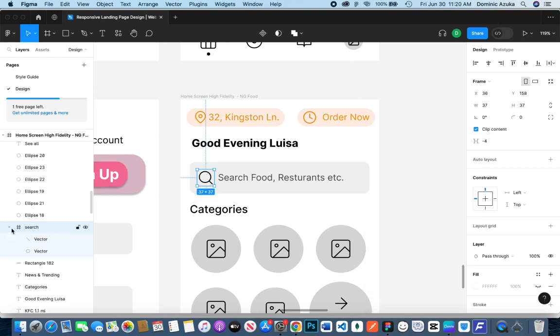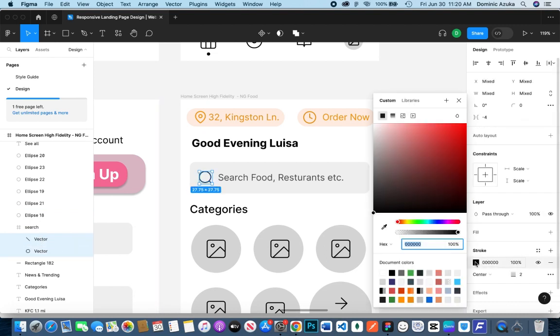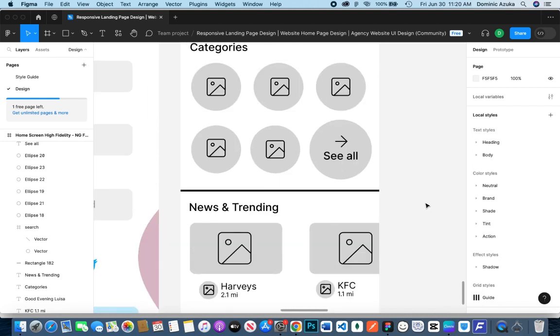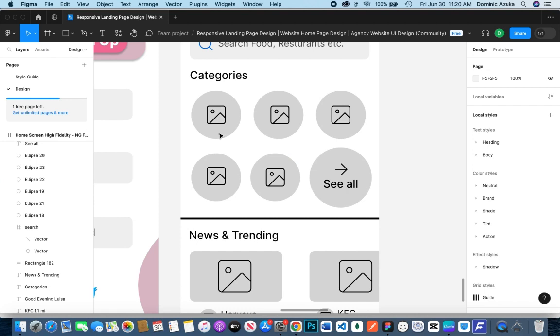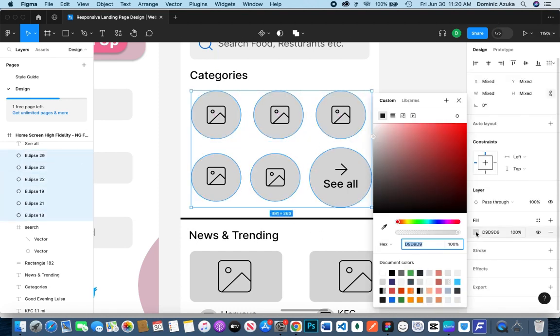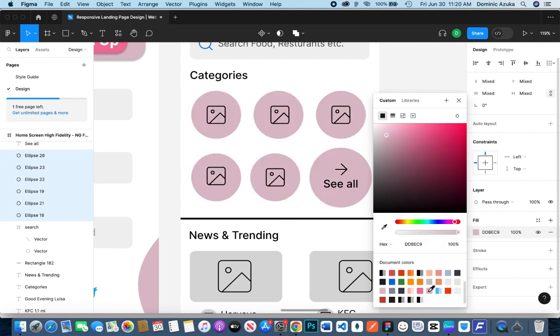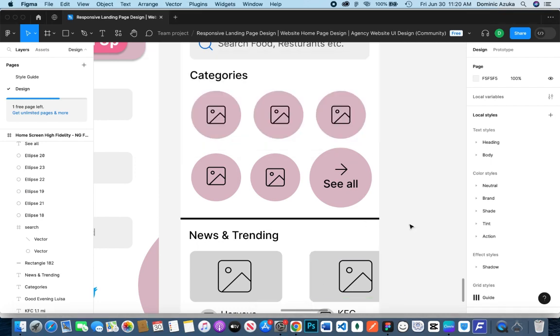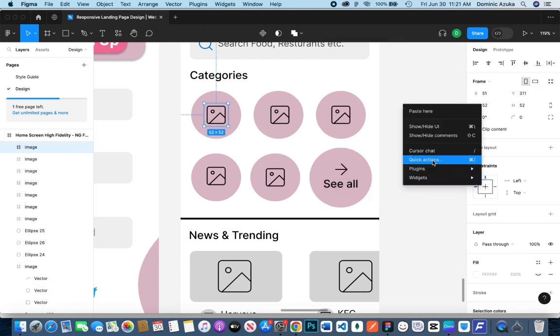So for the search icon, I'll highlight the two elements inside the search and change the color to blue. Yes, you can also use hex codes when you're changing color, but I just prefer using the color palettes, the ones that are already down there. So I'll highlight all this and change the fill color to what I'm currently working with. Yes, so after that, sorry about that. After changing the fill color to the desired color I want, I'll just highlight